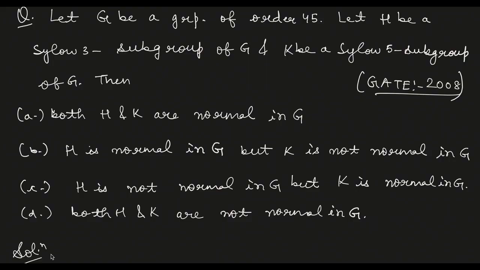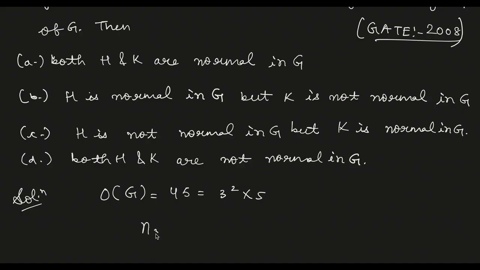इसमें जो अभी हमने किया ही था ऑर्डर 45 वाला 5 साइलो वाला, तो उसका जो के ग्रुप है वो तो नॉर्मल ही होगा इन जी में, क्योंकि उसका 1 था। ठीक है ना, नंबर ऑफ साइलो 5 ग्रुप 1 था, तो वो तो नॉर्मल ही हो गया। बाकी एच वाला चेक करती हूँ मैं। तो एच में हम ऐसे कर सकते हैं कि इसका ऑर्डर जैसे 3 स्क्वायर है ना, तो ऑर्डर 2 के 3 साइलो सब ग्रुप हो गए ना।